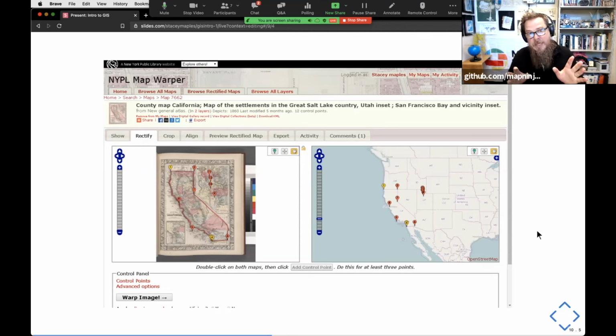And so what we generally do is we scan the images of a paper map, and we do what's called georeferencing. And in this image, you see we've got a map of California, and we've identified points of coincidence in the map of California, as well as a reference map of California. And using that technique, we can actually create an image that's sort of geospatially smart, so that when we bring it into a GIS application, it knows where it belongs on the geography. And we can then extract data from that